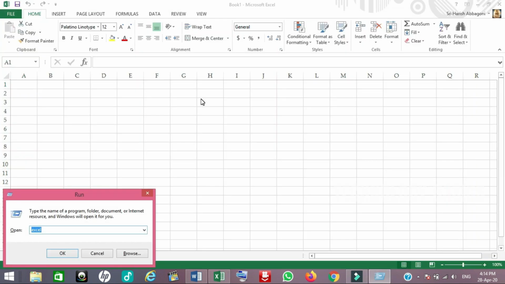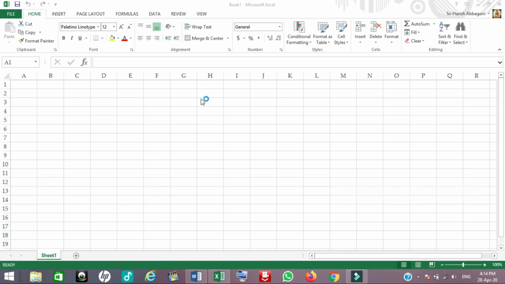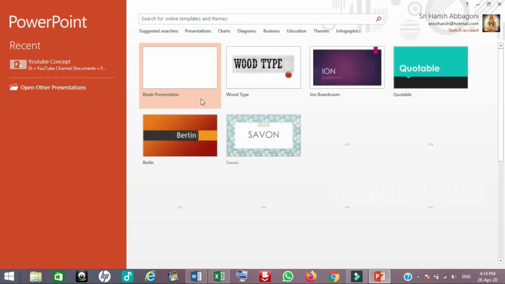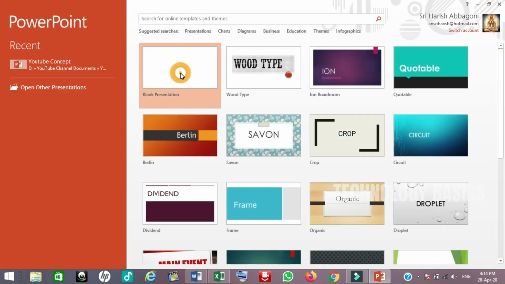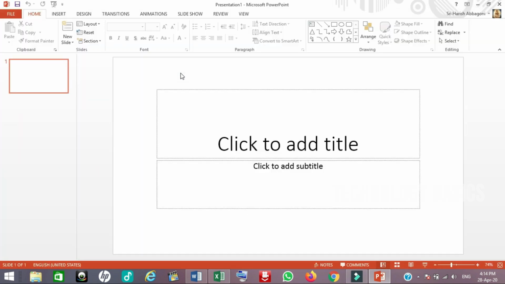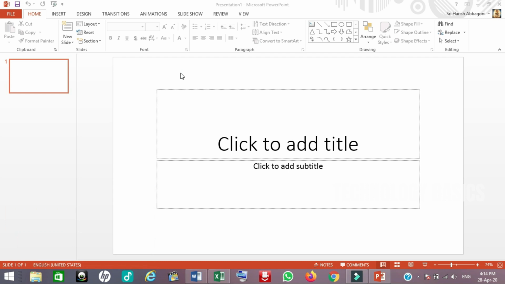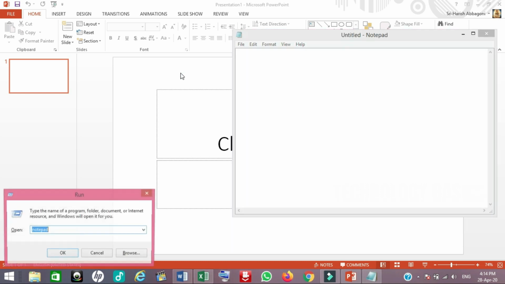I want to open PowerPoint. The command for PowerPoint is powerpnt. I entered it in the run command and pressing enter. It's open. And I want to open Notepad. And I want to open WordPad.